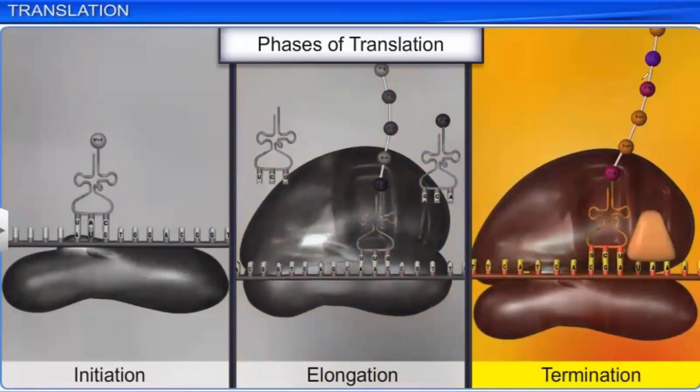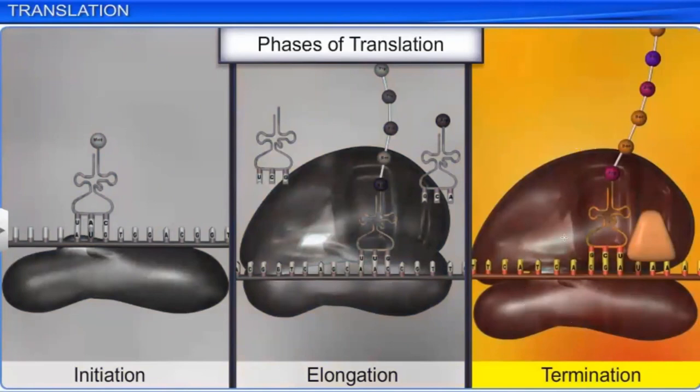Some are larger units, some are smaller units, which are present in the cytoplasm, and they remain separate so that it remains in a deactivated condition until it is needed for translation. Once the mRNA is formed and comes out of the nuclear pore, and the tRNA is also getting prepared, that's the time the two units come in on the mRNA. We'll see the animation of the initiation process of translation. You can see one unit is coming down, the smaller unit is there, and a bigger unit is going to come and place itself over that.